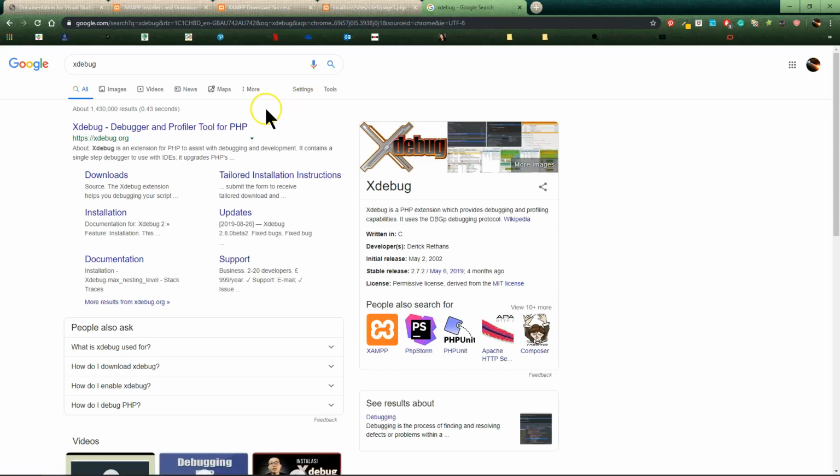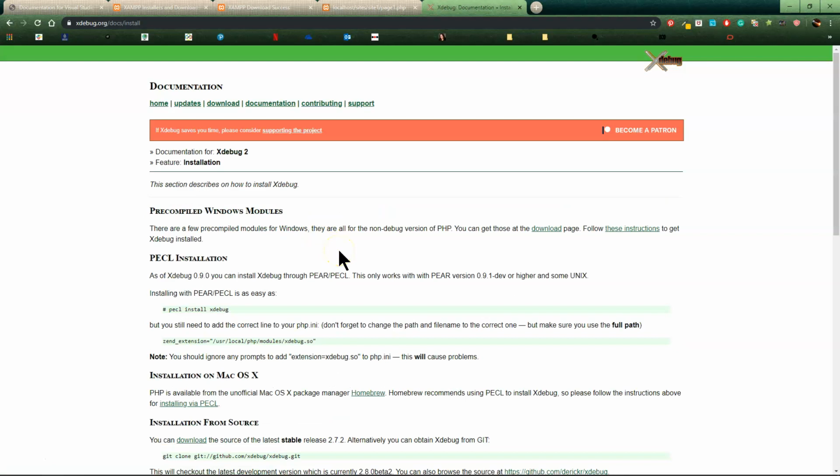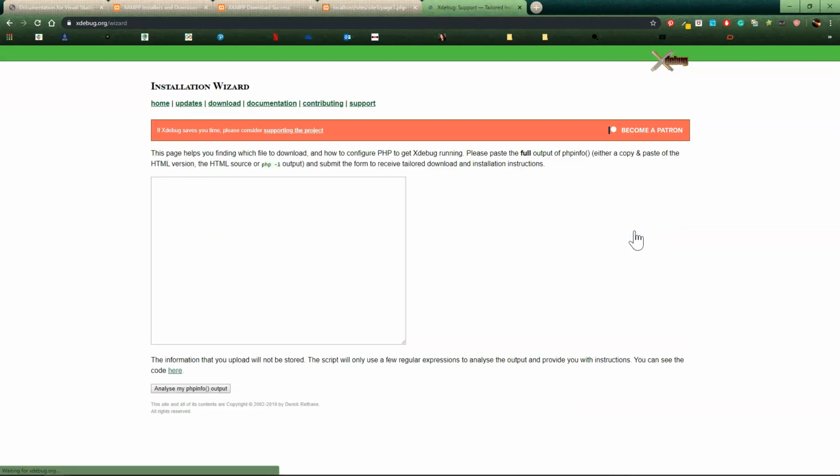So you do a web search for Xdebug, come down to the main page. Now somewhere along here there's installation instructions, so I'm going to do that. Follow these instructions to get Xdebug installed. Alright, so it's asking for output from our PHP info. Now the XAMPP,